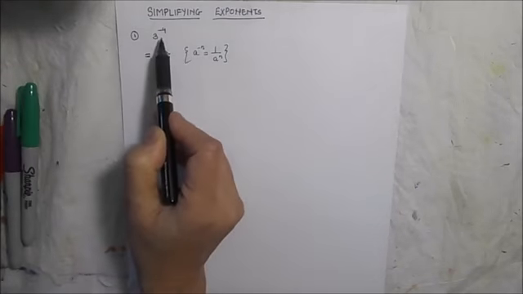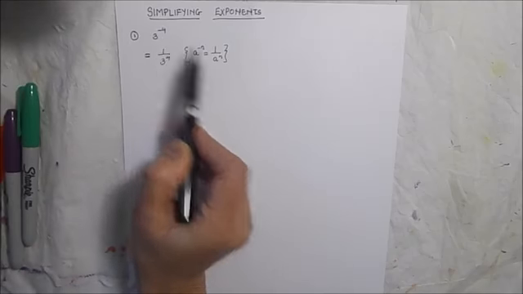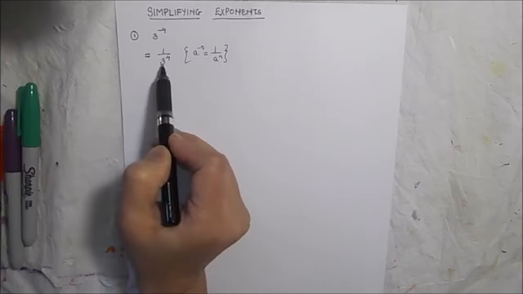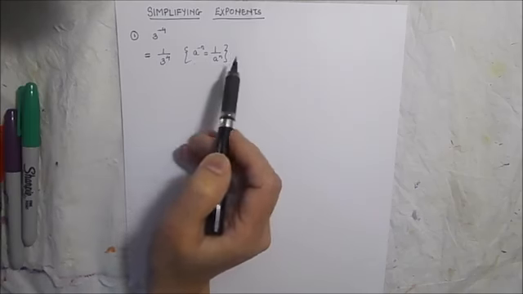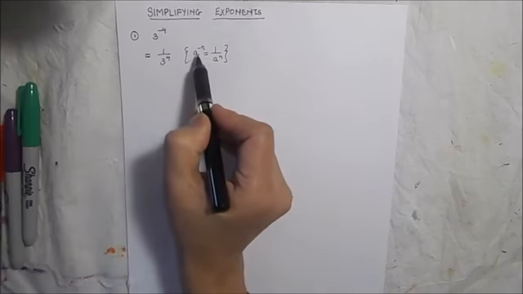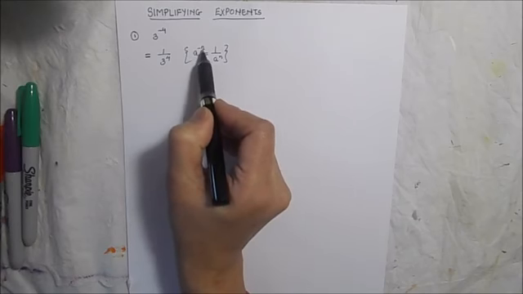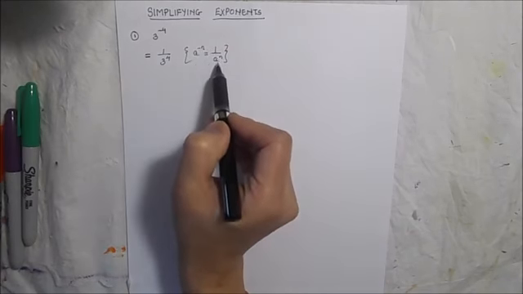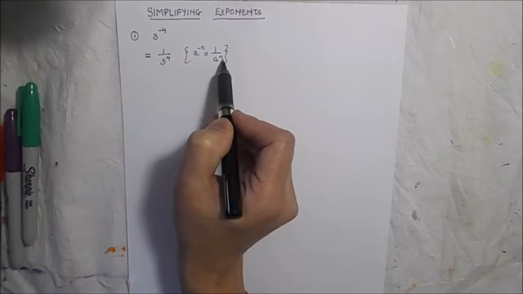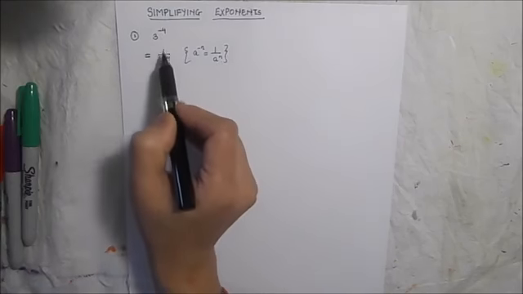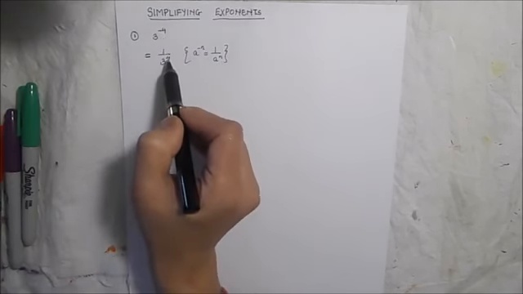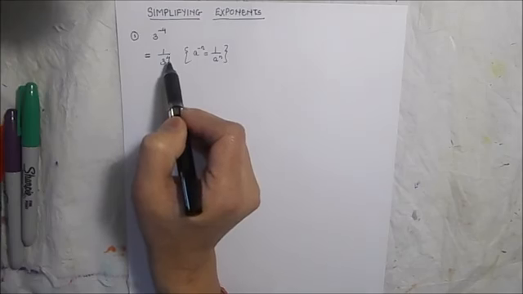As we see a negative exponent, we know that we cannot solve a negative exponent. So what we have to do is first change this negative exponent to a positive exponent so that we can solve it further. For this we have a rule which says that a to the power negative n is equal to 1 over a to the power n. So we have to take the reciprocal of that number to make the exponent positive.